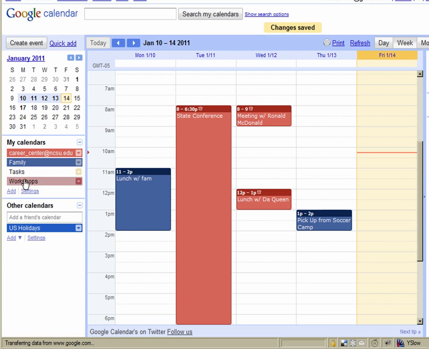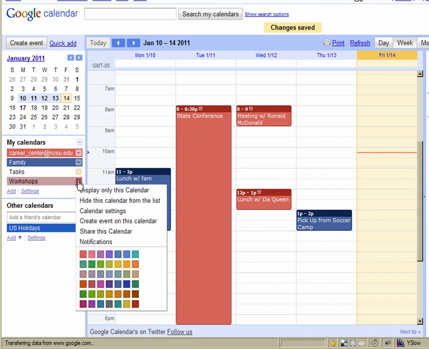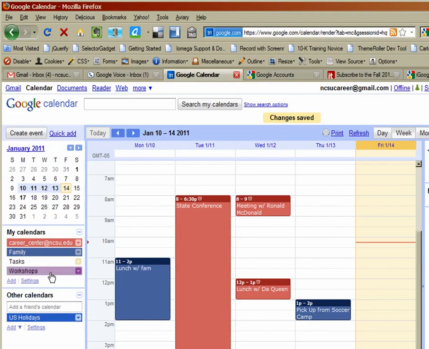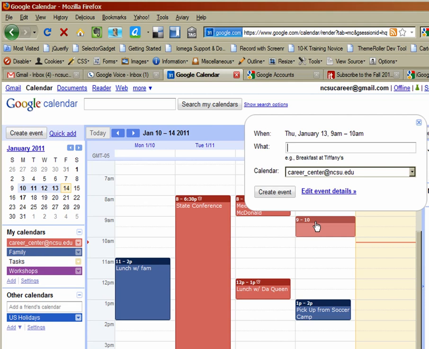It takes a couple of seconds, and if you look over here, the workshop calendar pops up here. You can actually change the color if you need be. Let's change this to a nice purple. So right now we have three: the main calendar, we have a family calendar events, and now we have a workshop. Adding to the calendar is easy as clicking in a spot,